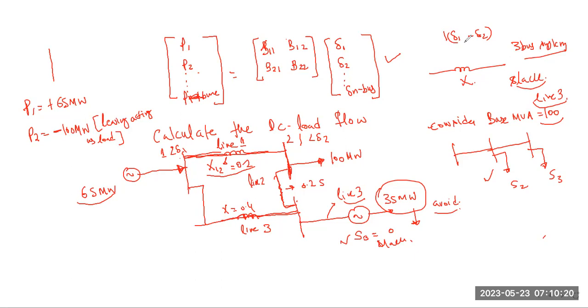Now, the number one thing is, if you look at the B11 matrix, B12, B21, B22, we can calculate P1 and P2. How can we calculate? P1 is the